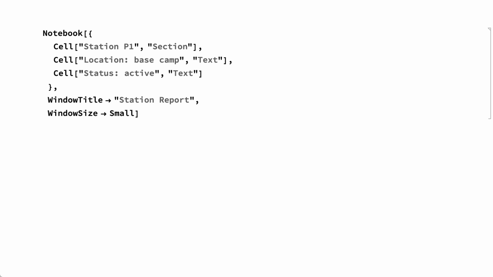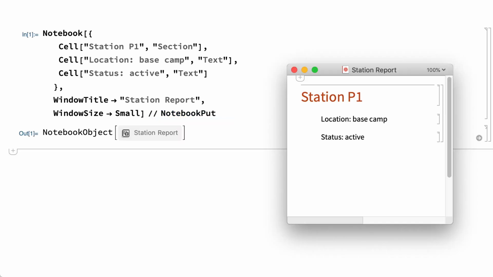Here, for example, is a notebook expression for a notebook with 3 cells and with options specifying the title at the top of the notebook window and the size of the window. This expression can be displayed as a notebook using the NotebookPut function. Direct entry of a notebook expression is not how notebooks are typically constructed, but notebook generation ultimately works through operations